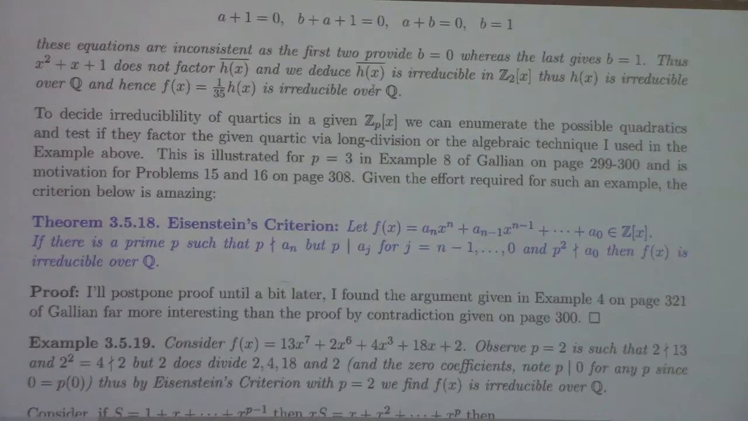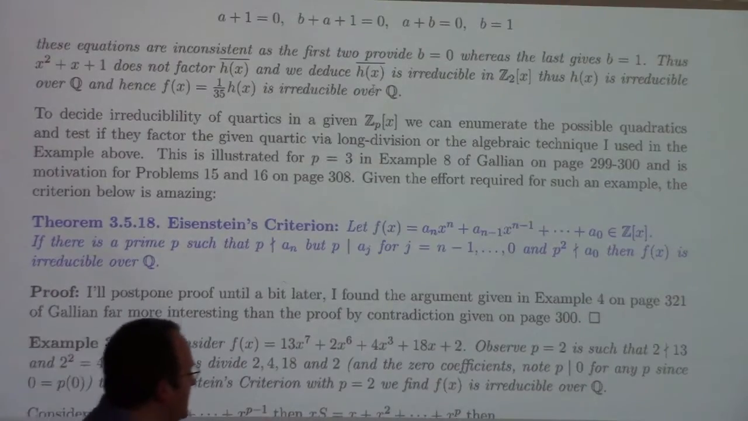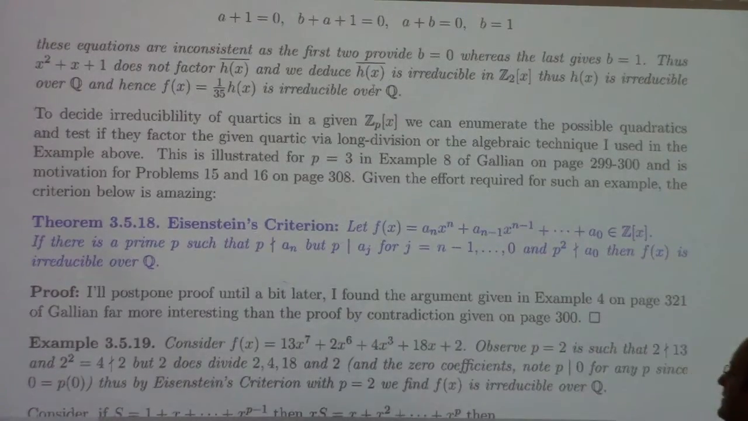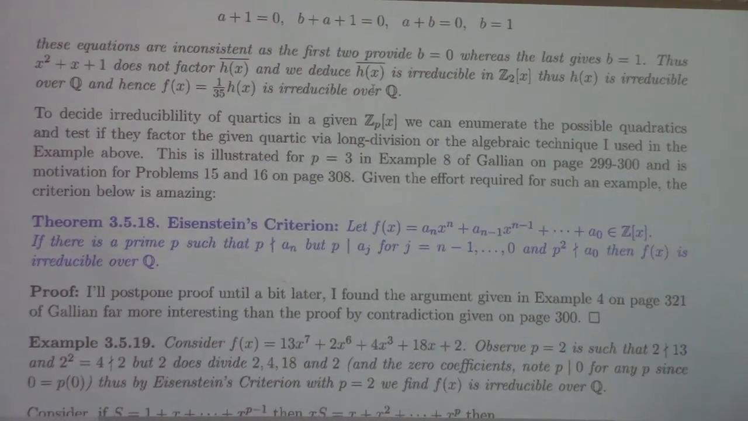All right, now we come to, I would say, a big gun. This is Eisenstein's criterion. Check this out. f of x equals a_n x to the n plus a_(n-1) x to the n minus 1, and so on, plus a naught. A polynomial with integer coefficients, all right? Then, if there's a prime p such that p does not divide the leading coefficient, however, p does divide all of the other coefficients, and one more thing, p squared does not divide the constant term, right? Given those conditions,